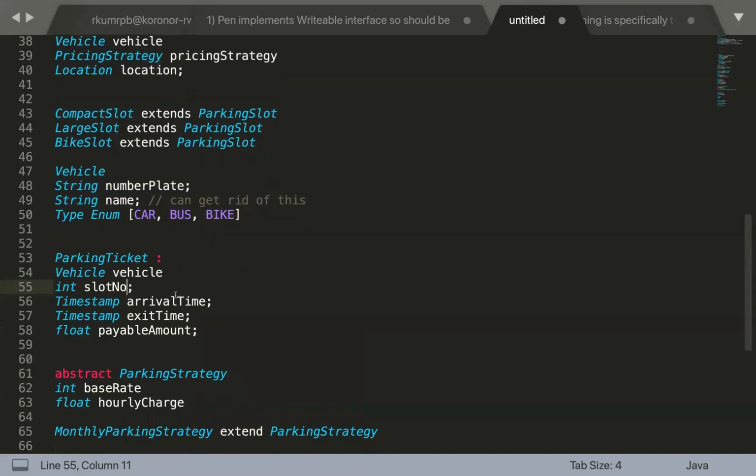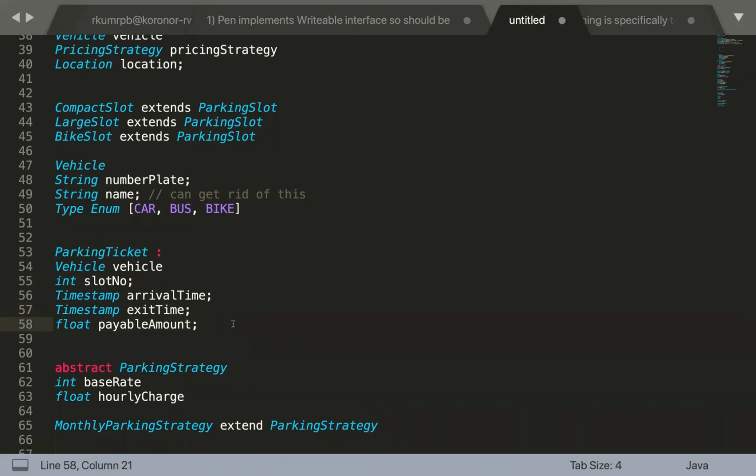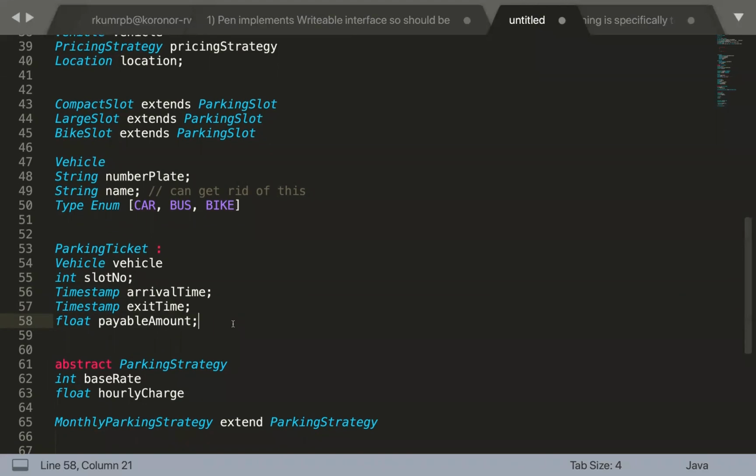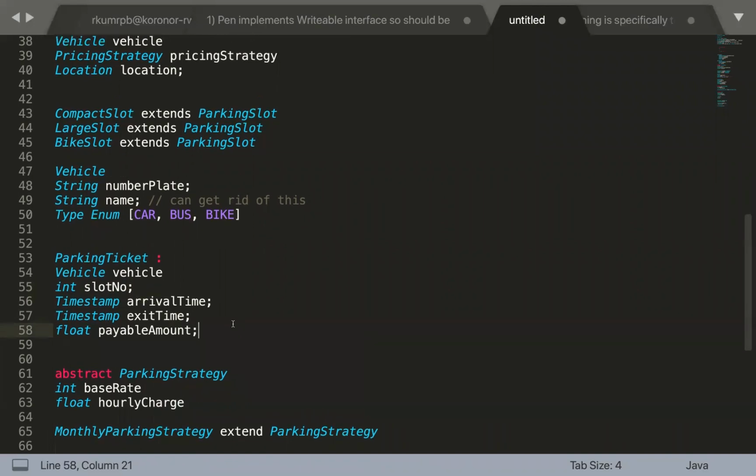ठीक है, and this arrival time, exit time will be calculated at the exit of the vehicle. Payable amount will be calculated at the exit of the vehicle. Ravi, I just have one small doubt. Why are we maintaining the payable amount here? Because whenever your exit time is getting calculated, you know how much time the particular vehicle has been parked in that particular slot. You have the slot number.